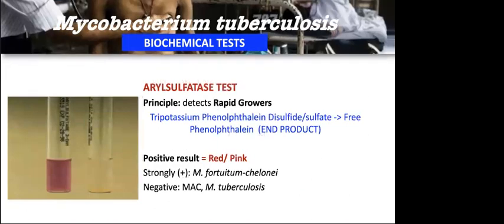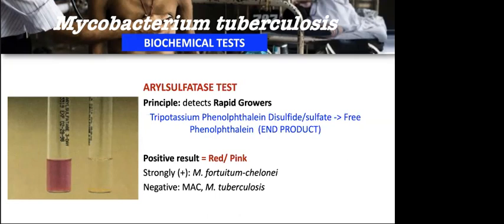And then arylsulfatase. The enzyme arylsulfatase is present in most mycobacteria. Now, test conditions may be varied to distinguish the different forms of the enzyme. The rate at which the enzyme breaks down phenolphthalein disulfate into phenolphthalein, which usually forms a red color in the presence of sodium bicarbonate, and other salts helps to differentiate certain strains of mycobacteria. So this is actually a 3-day test.